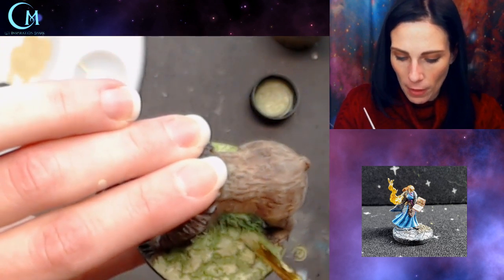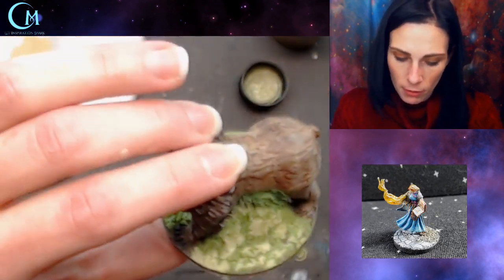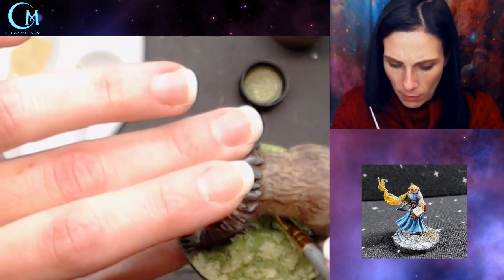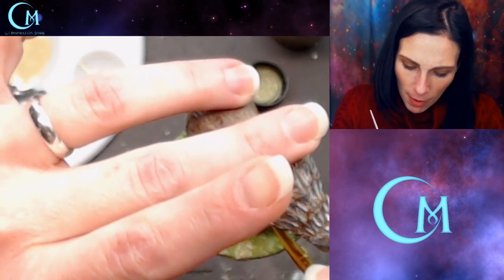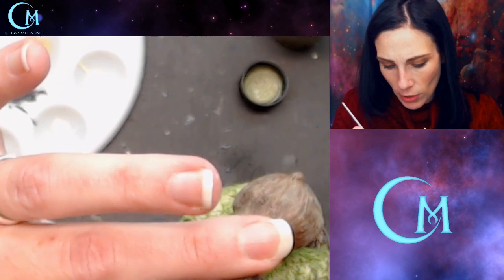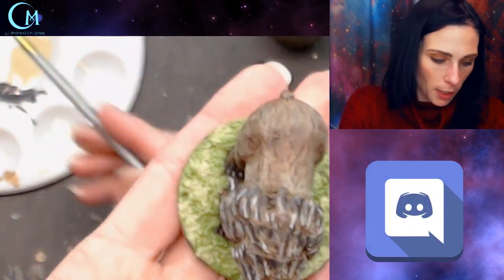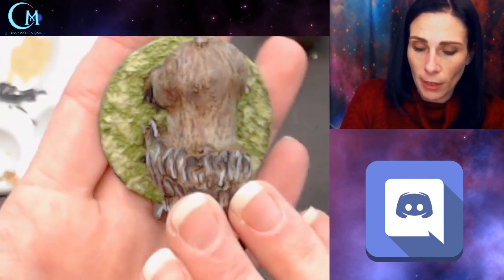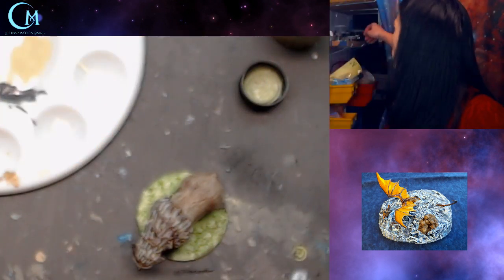So I'm just going through and I'm dotting this around. Getting between the leg area is always fun. And then once this dries, and this maybe about an hour or so it'll be totally dry, then I'll go in, I'm going to grab the wash so you can see what wash I go and put on for this. So this is your end result here. You can see how it's more of that mottled look here. So then once this dries, what I use